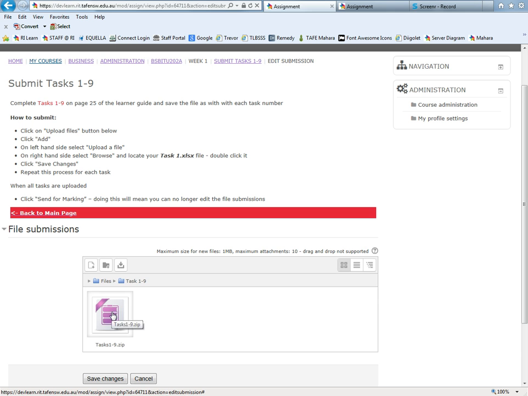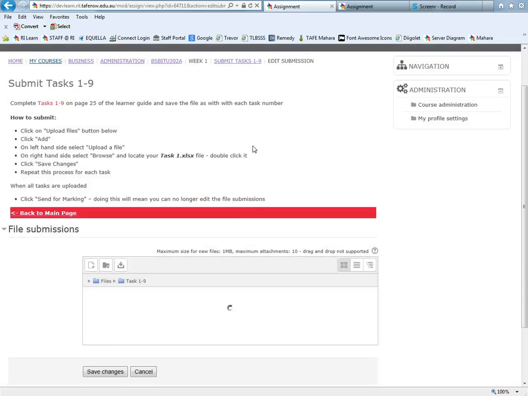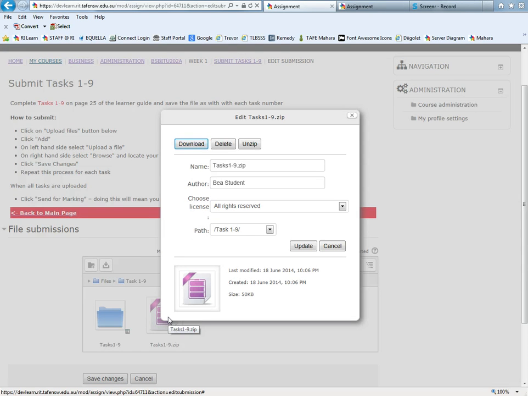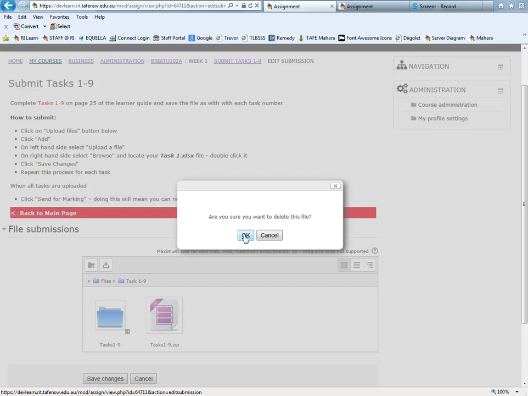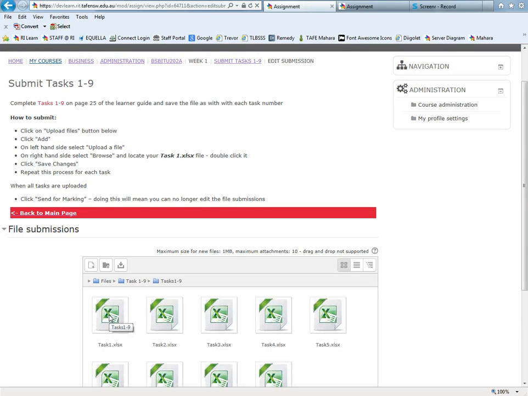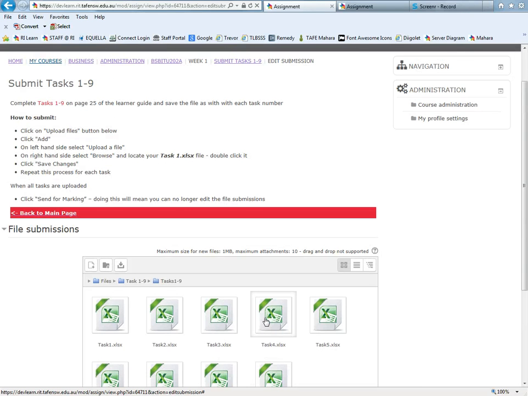You need to click on that compressed file and select the button that says Unzip. You can now delete the zipped file, so click on it again and click Delete to remove the zipped file that you uploaded to begin with, and click OK. And if you now click on the folder that is left behind from unzipping, you'll see that all the files are there. So that's a much easier method than adding them